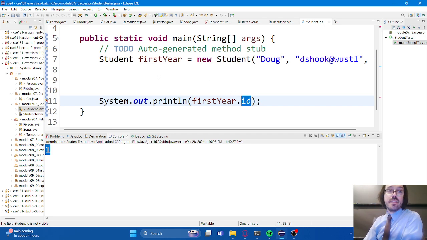So in order to get around this, we're going to create special methods. They're called accessor methods. You might also hear them referred to as getters and setters. Getters are used to examine a piece of data, to look at it. Setters are used to change a piece of data, to set a new value to that instance variable.